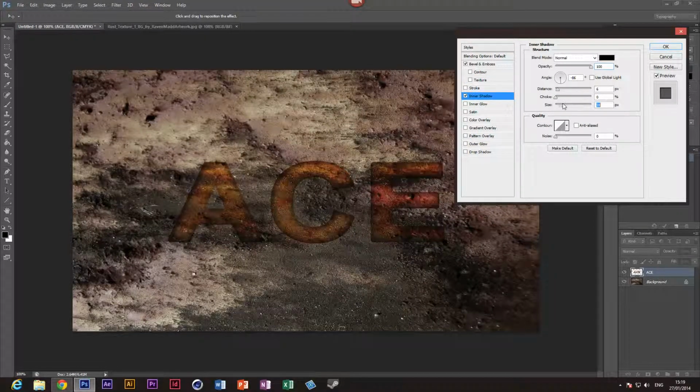So now if we put up the size on the inner shadow, you want to make it look like it's going inside. Alright, that's good. Now if we do a stroke,